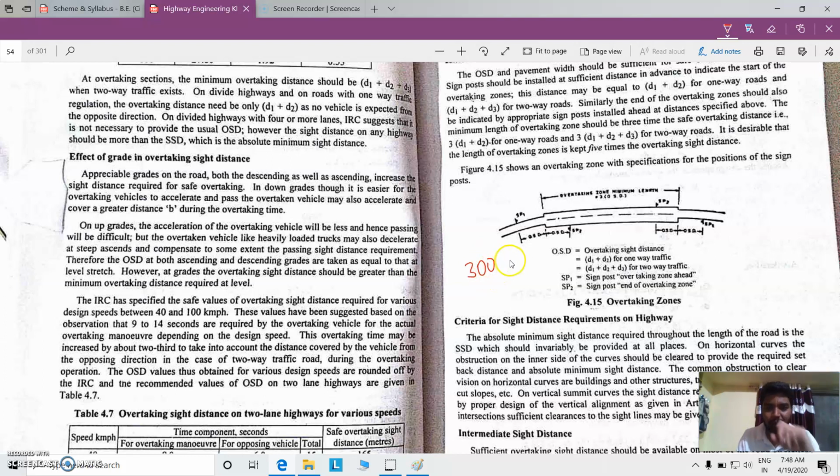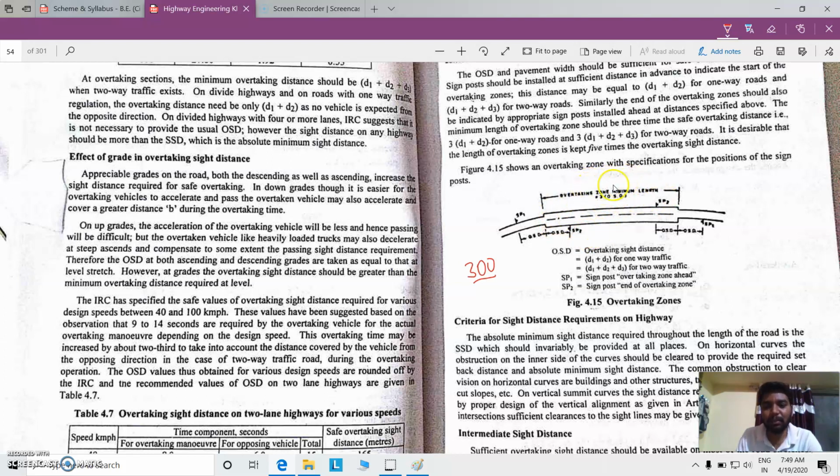From the 0 point, 300 meters ahead, the overtaking zone will start. From the 0 point, we have to install signboard 1 that names the overtaking zone ahead, right? And after the overtaking sight distance of 300 meters, the overtaking zone starts. In this overtaking zone, we have to provide a desirable length of overtaking sight distance,